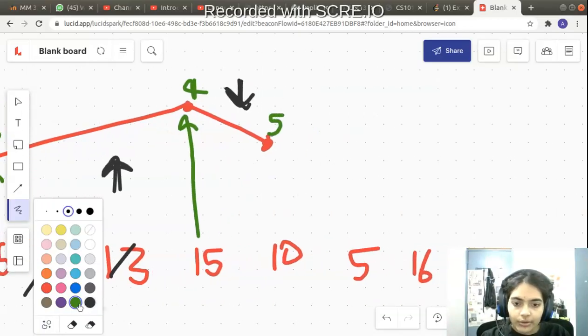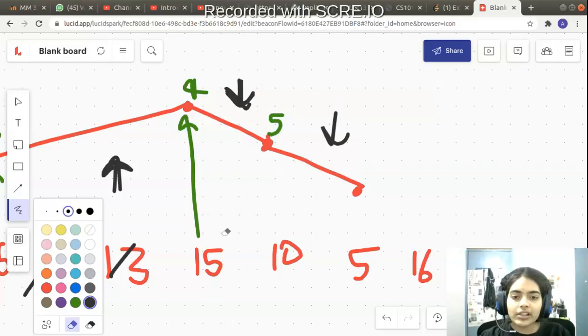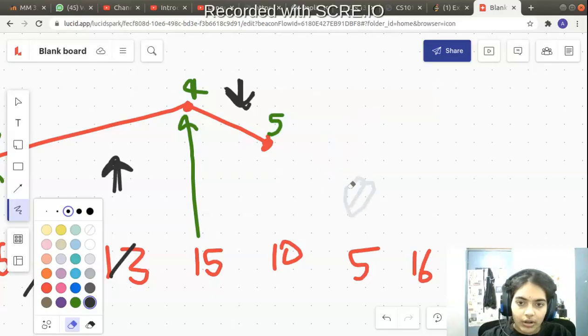Okay. Now I go to the next number, which is 5. So after 10, I have 5. Now you see, after 10, when I have 5, again I have a number which is decreasing. But the last sequence that I had was also decreasing. So again I have a decreasing. I don't need this, it is destroying my wiggle subsequence, right? I don't need this node. This is actually a useless node.